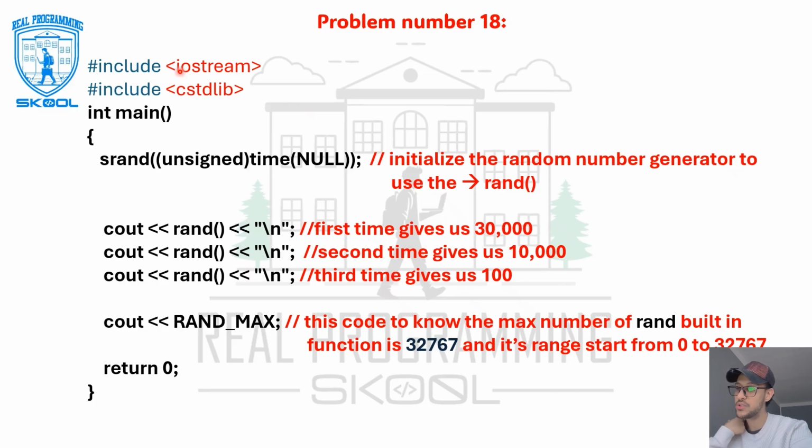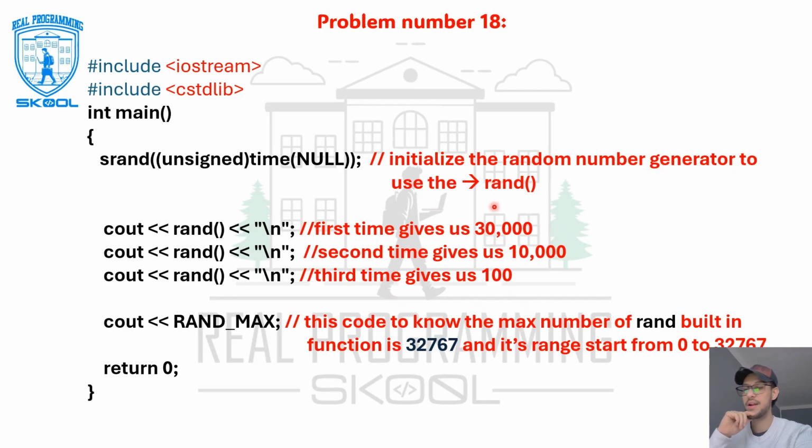And after that, to use srand(unsigned(time(NULL))) in the main function, we have to include, as we said a minute ago, the cstdlib library or header file. Once we include the cstdlib library, now we can write this line of code, srand(unsigned(time(NULL))). What does it do? As I explained just now, it initializes the random number generator to use the rand built-in